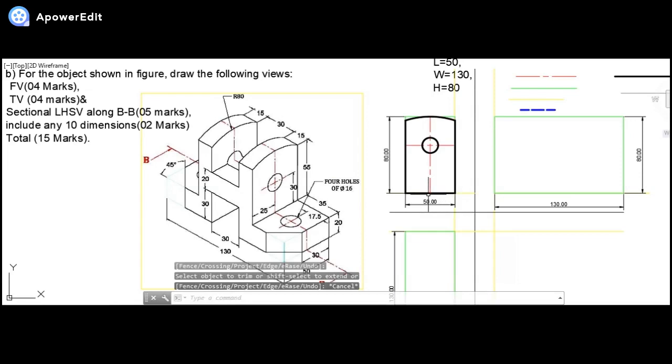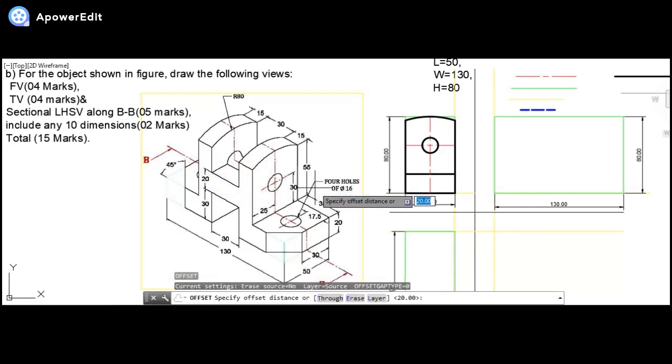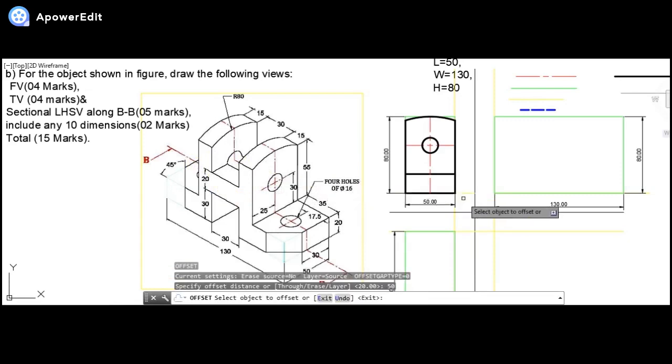So once I am done, from the bottom at a distance of 20 up, I will be drawing a line. So from here at a distance of 20 up I got this. Now from the bottom, these two edges, first is at the distance of 50, below that at a distance of 20. So I will be getting those now. These I am talking about the hidden edges, these two hidden edges. So how do I do it? So from here I will be getting this first, then from here, then just from here I will be getting down by 20 mm.